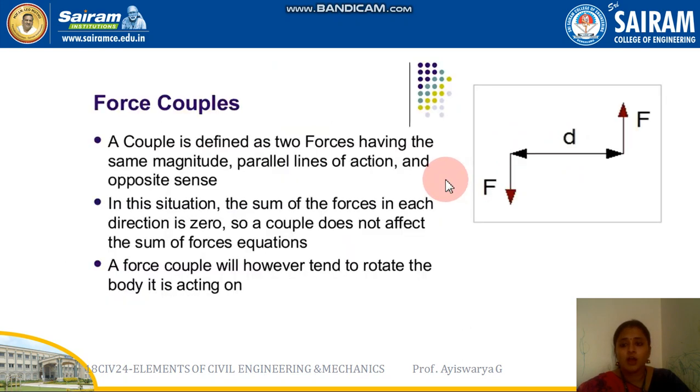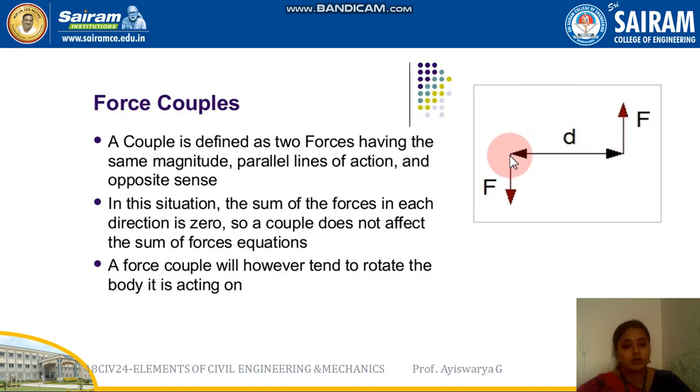Okay, so I have a few characteristics of a couple. A couple has two forces of the same magnitude, parallel, opposite in direction, and separated by a definite distance. The translatory effect of the couple will be 0, but the rotational effect will be force